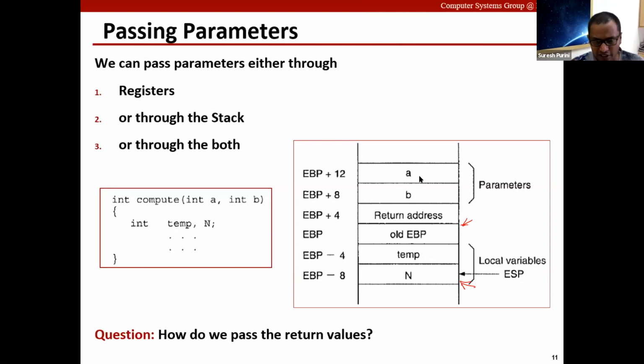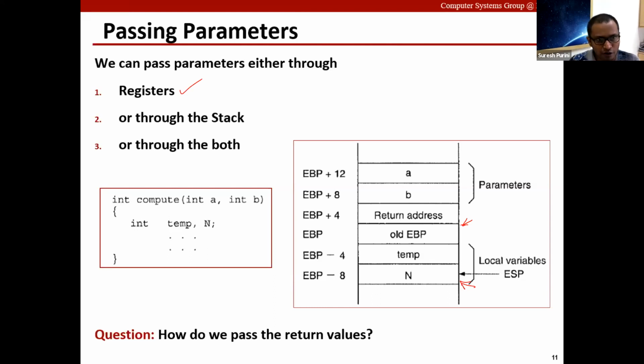But usually in C, in most architectures, if the number of parameters is less than or equal to 4, you pass the parameters through registers. And if the number of parameters is greater than 4, let's say 7, the first 4 parameters will be passed through registers and the rest of the 3 parameters will be passed through the stack. That is a typical strategy used in practice.